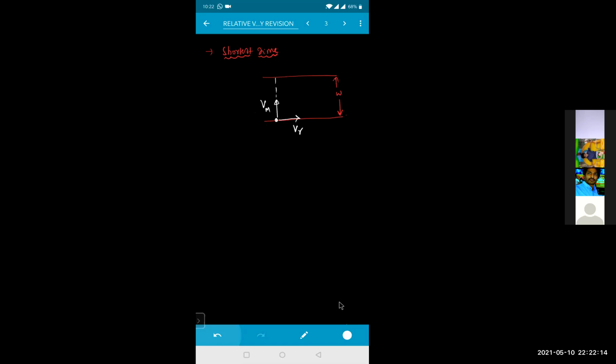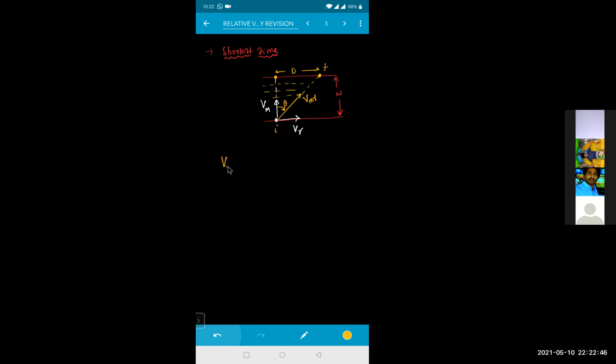Because of that, he will get a resultant velocity. The velocity of the man will be in this direction, the velocity of the man with respect to the river. So he is turning by an angle theta, and finally he reaches at this position. He was supposed to reach here, but because of the velocity of the river flowing in the front direction, the person will meet somewhere at this point. So this will be the drift. This is the initial position, and this is your final position.